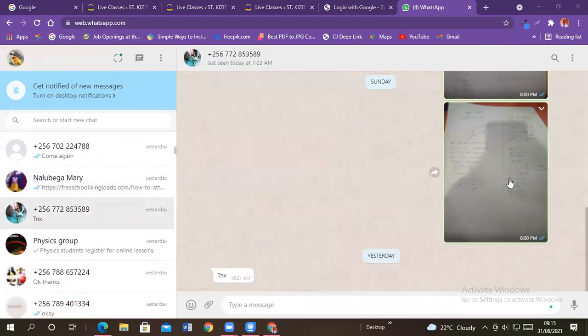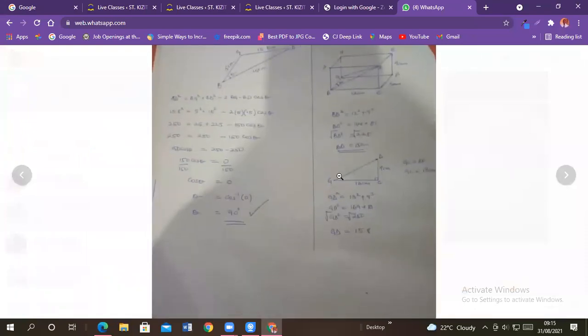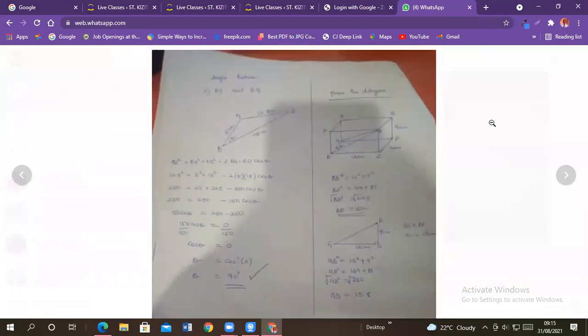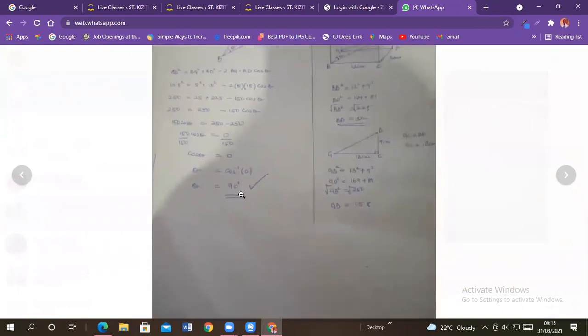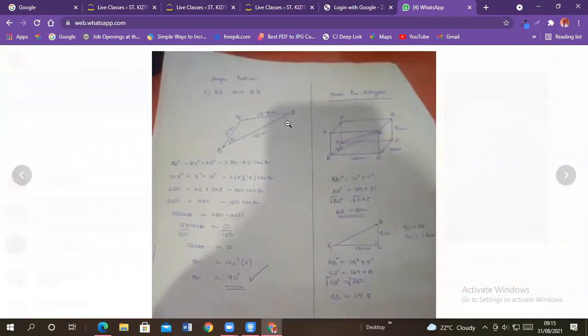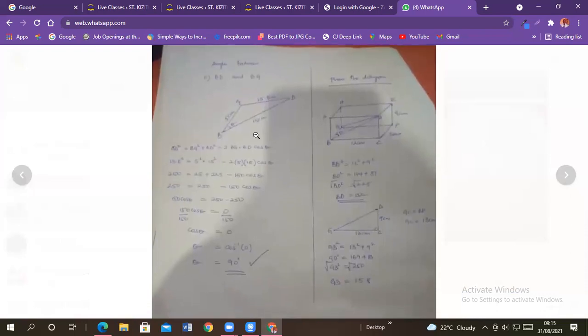Okay, so I may try to zoom in there and you see. Here they were telling you to find the angle between BD and BG. I worked it out, and we found that the answer was 90 degrees. So the angle between BD and BG,